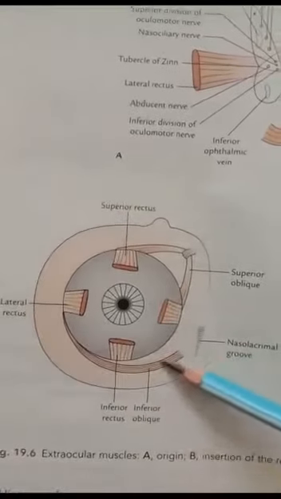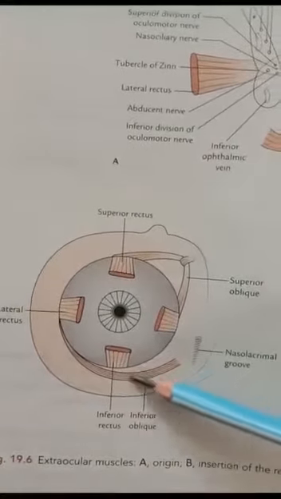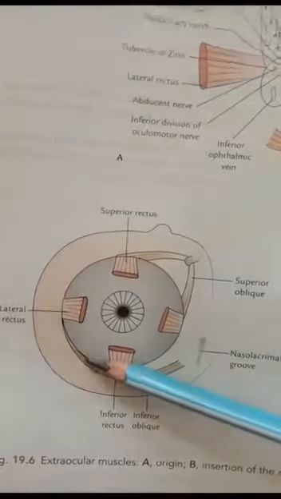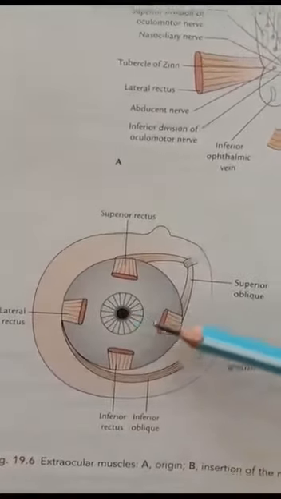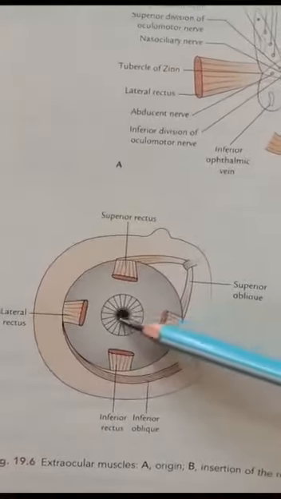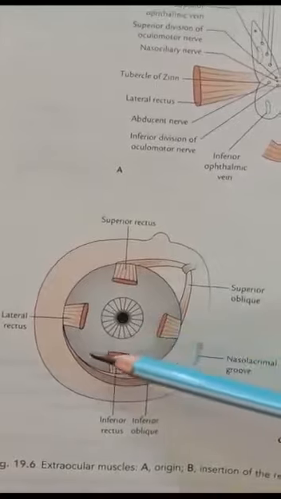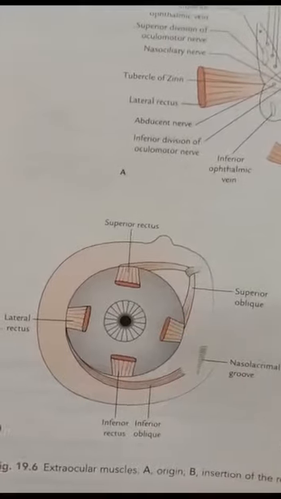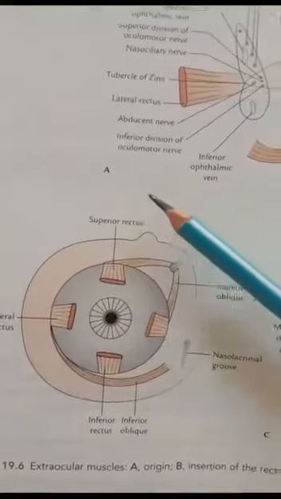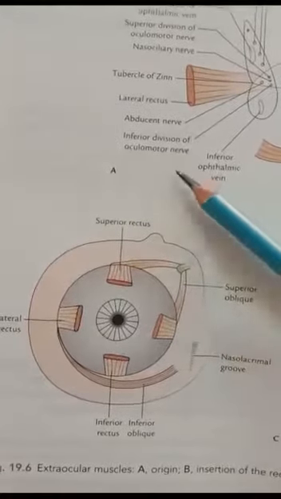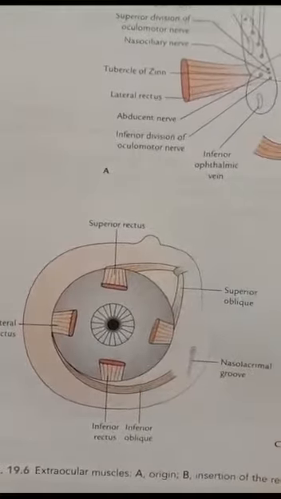Then the inferior oblique is fleshy throughout, and it passes laterally, upwards and backwards below the inferior rectus muscle and deep to the lateral rectus. The inferior oblique is inserted close to the superior oblique, a little below and posterior to the equator of the eyeball. Then the levator palpebrae superioris insertion: the tendon of the levator splits into a superior or voluntary lamina and an inferior or involuntary lamina.